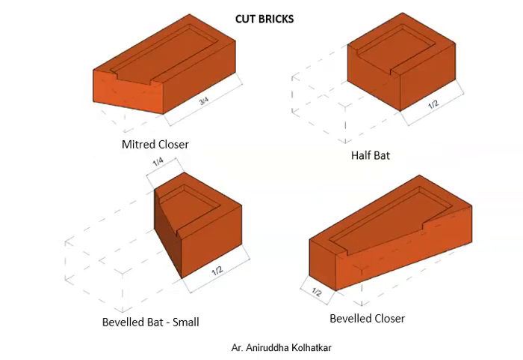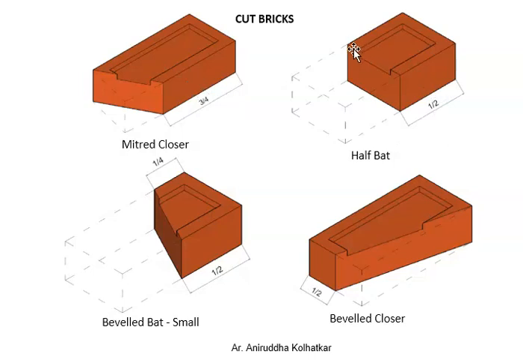The next type of cut brick which we are going to see is called the mitered closer. In the mitered closer, about 3/4 the length of the brick face is marked out here, and a sort of chamfer or a cut is made at an angle here to form what is called a miter. So this could be used at the corners, especially when two corners are joined together to form a miter shape, which is used. It's also called photo frame shape. So this is mitered closer.